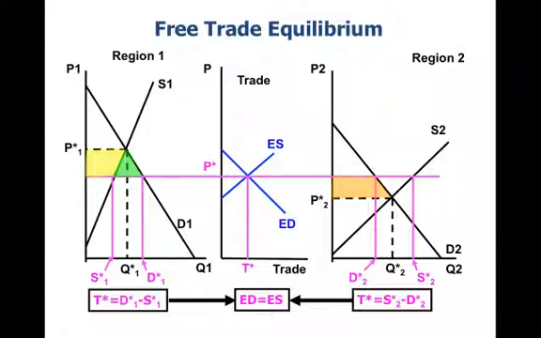Consumers will be worse off, and we know they're worse off because prices have gone up. Producers are going to gain some new welfare that they didn't have previously. But there will be an additional gain to total surplus in Region 2 through trade. That is, there will be an increase in welfare that reflects the gains from trade in Region 2. And that's going to be equal to this purple triangle. And what you can see is that that purple triangle is actually a producer surplus. And so producers are unambiguously better off in Region 2, and consumers are unambiguously worse off in Region 2.